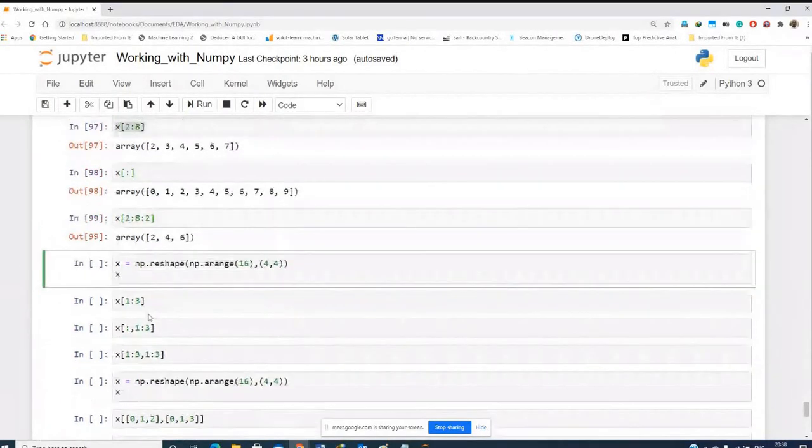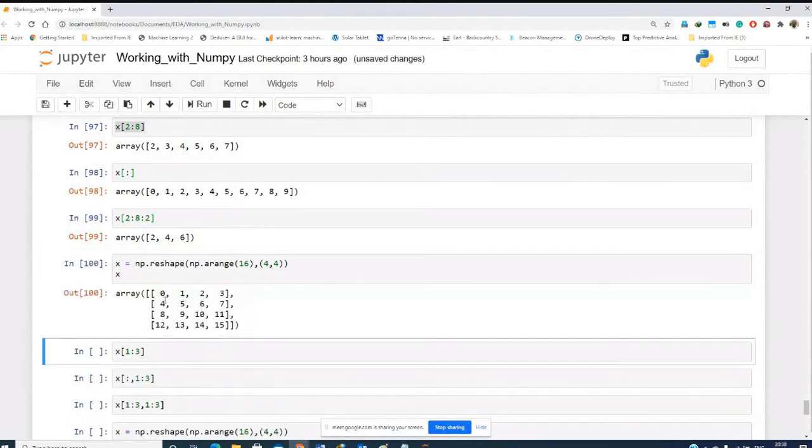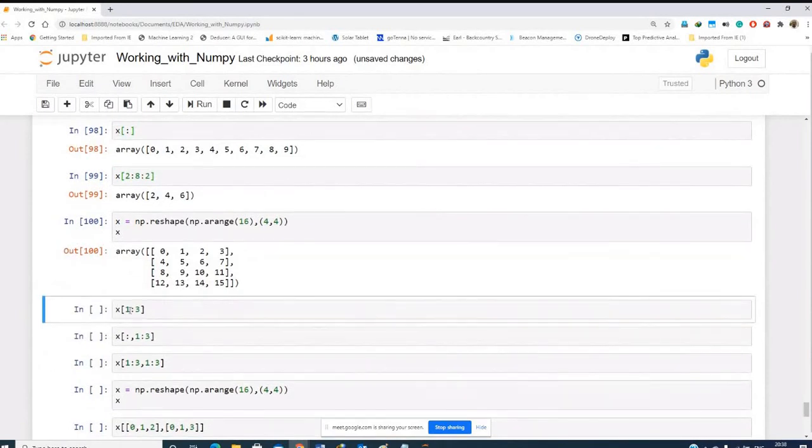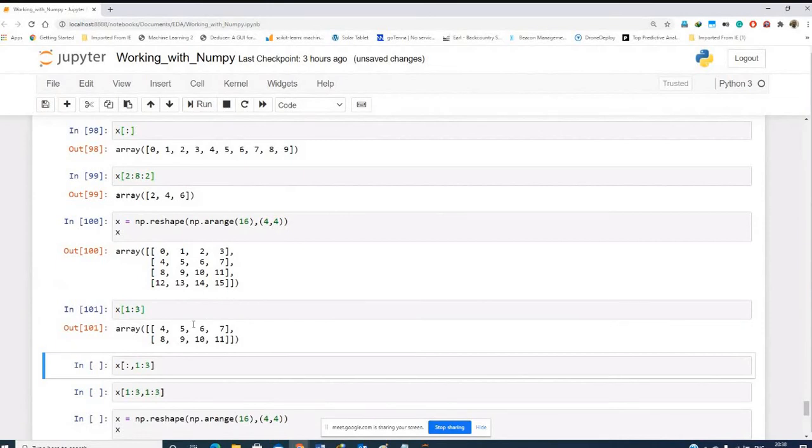Yeah. So if you learn slicing and dicing, you'll see when we start machine learning that this is quite critical and important. So let me create an X where it becomes that. So I've got 0, 1, 2, 3, 4, 5. So if I say X[1:3], what that will give us is 4, 5, 6, 7, 8, 9, 10, 11. Can you see I've selected